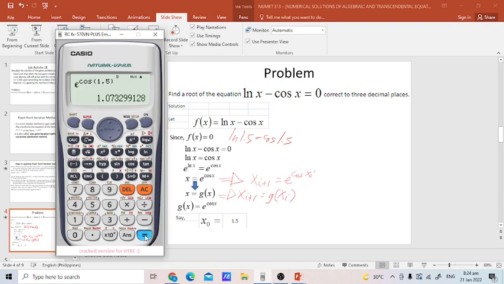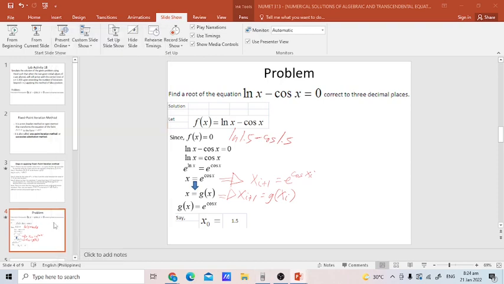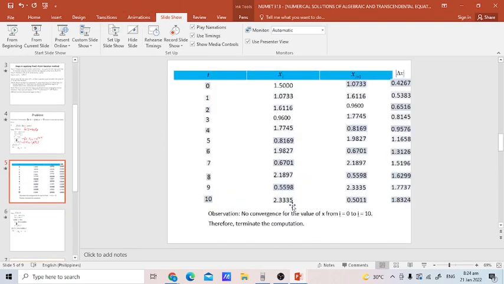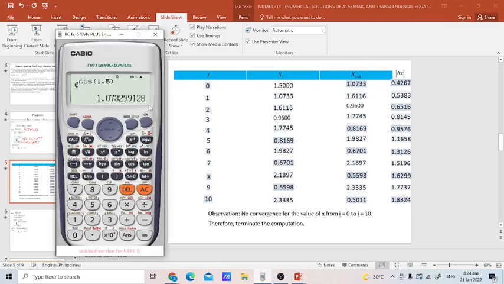Okay. 1.073. Check na natin. 1.073. Ayun. 1.0733. Ayun. Tapos, kunin natin yung difference. Okay. Ano yung difference niyan? Delta x. No? Absolute value ng difference. So, absolute value of shift, ABS, absolute value of